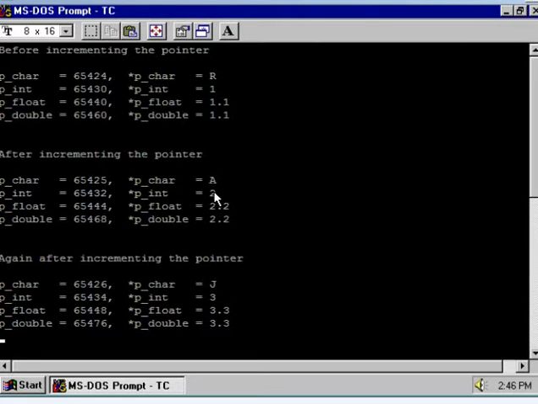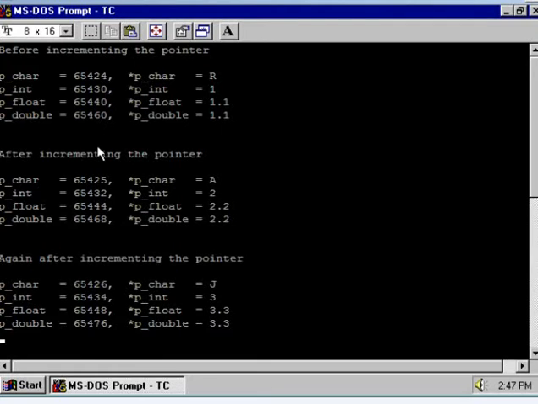Okay? Now see the float type of array. pfloat is pointing to the base address of the float array, namely C. Now if you increment pfloat, it will point to the new memory location, and that new memory location is the previous one, that is 65440 plus 4, because your pointer is a float type of pointer.